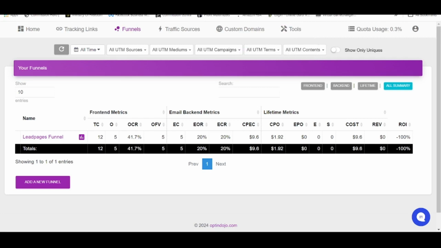So this account belongs to one of my newest students. All right. So on top, you have things like tracking links, funnels, traffic sources, custom domains, and tools. Now, the ones that we'll be using very often will be just traffic sources, funnels, as well as tracking links. All right. So I'm going to go through the entire Optin Dojo with you guys in the subsequent videos as